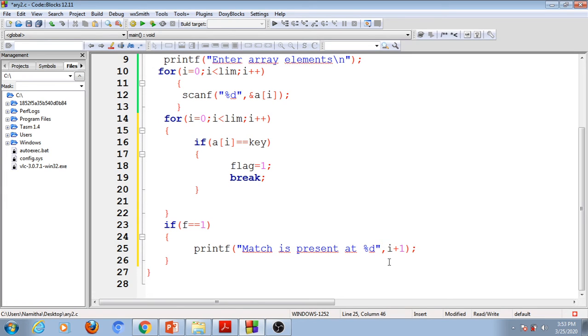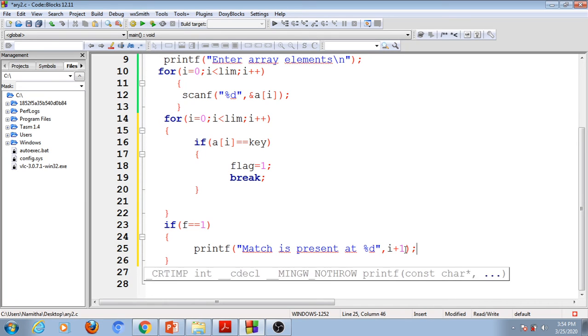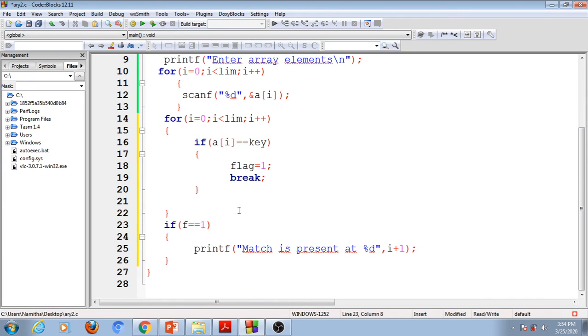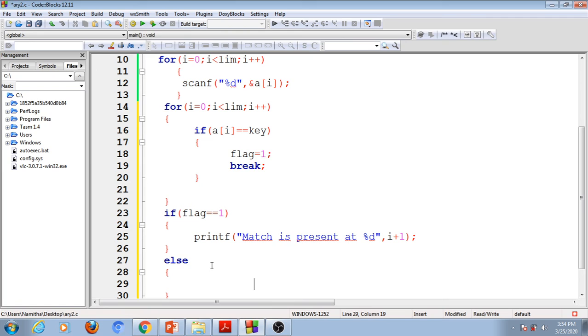So whenever a match is obtained at a particular index location, that index location is actually pointing to the (i+1)th element of the array. Right? So if a match exists, this flag equals 1, then we can conclude that the match is present at location i plus 1. Otherwise, in the else case, we can display